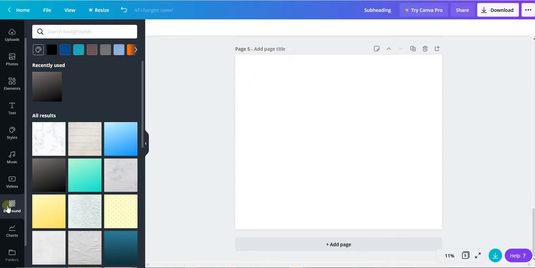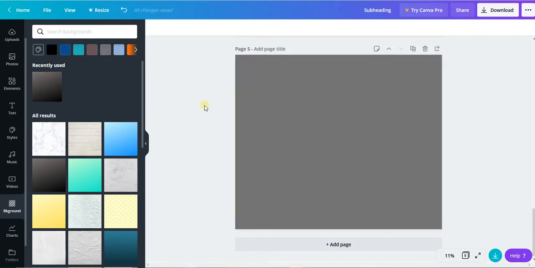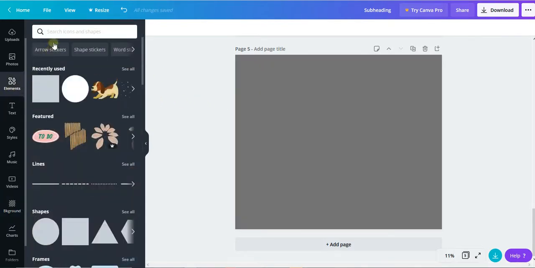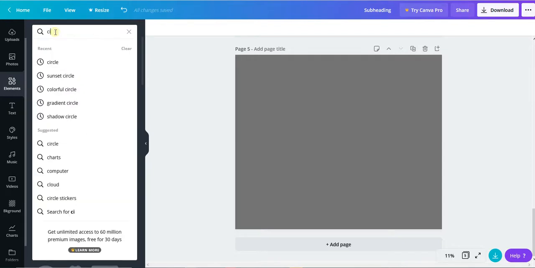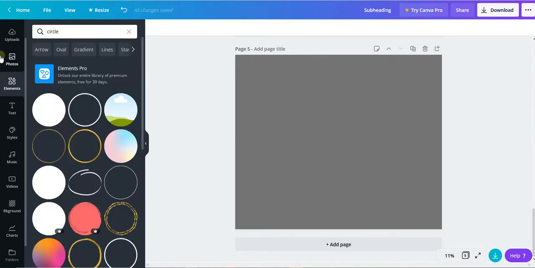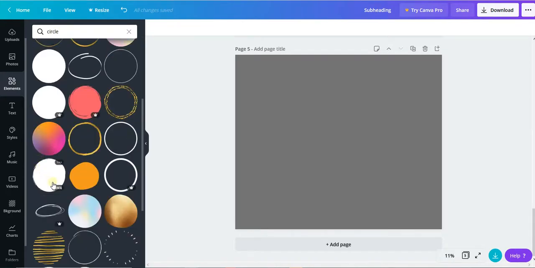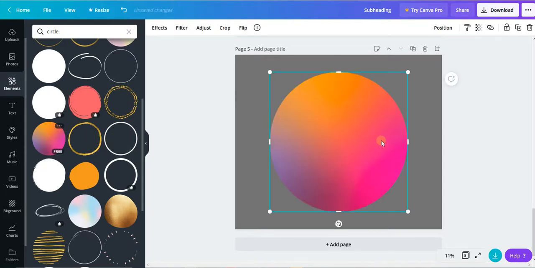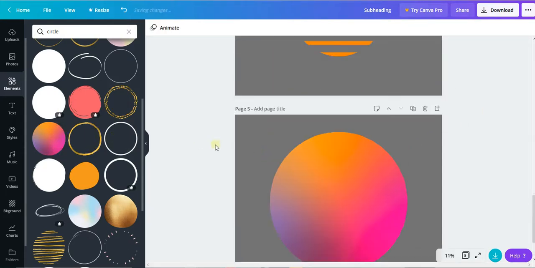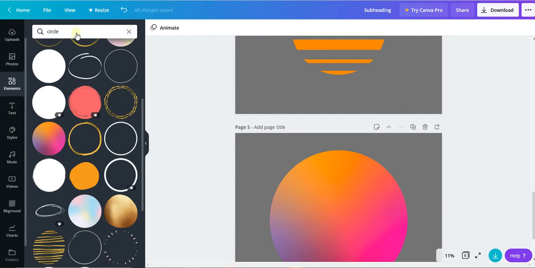First of all, we go to the background. Maybe we can make it like gray. Okay, and then we go to element and type circle, and I'm gonna choose, as you can see, it is free. This is free, this is pro, so I'm gonna choose the free one. I like that one. And then we can go for element again and press